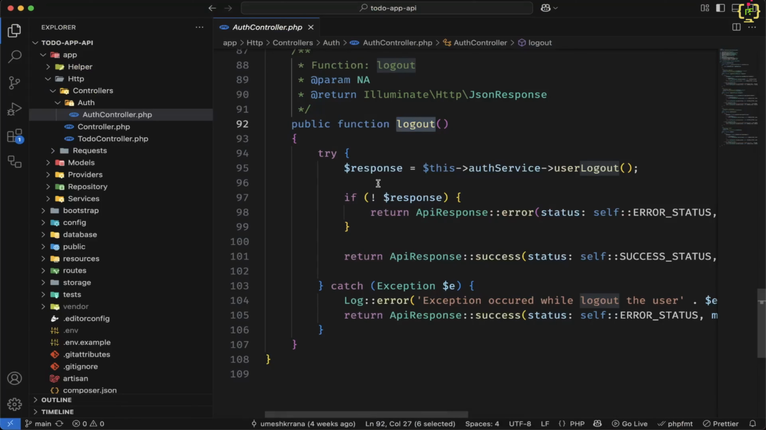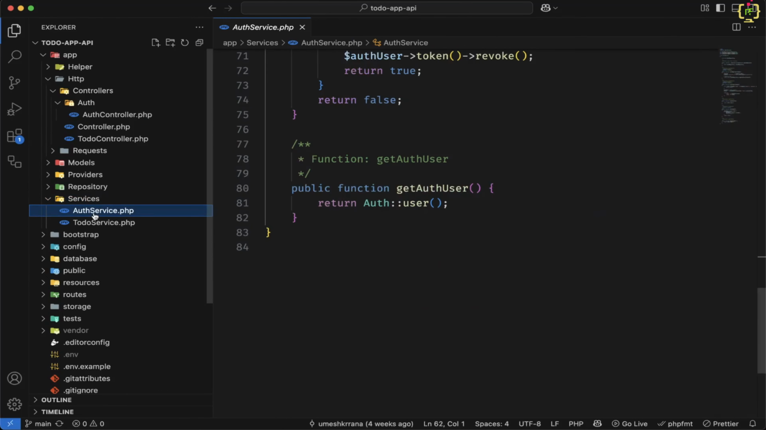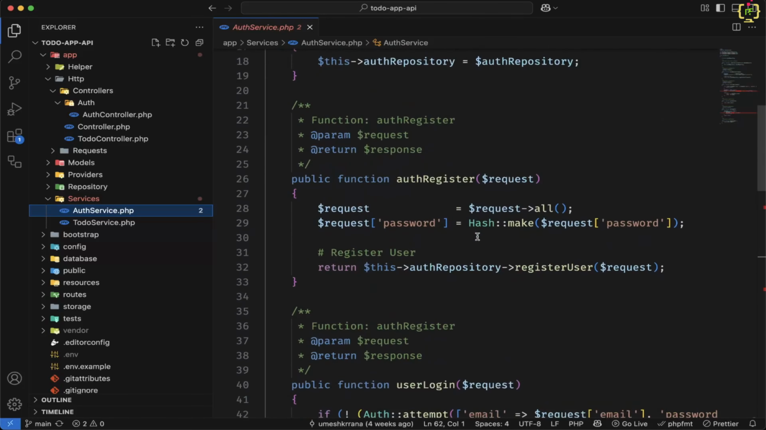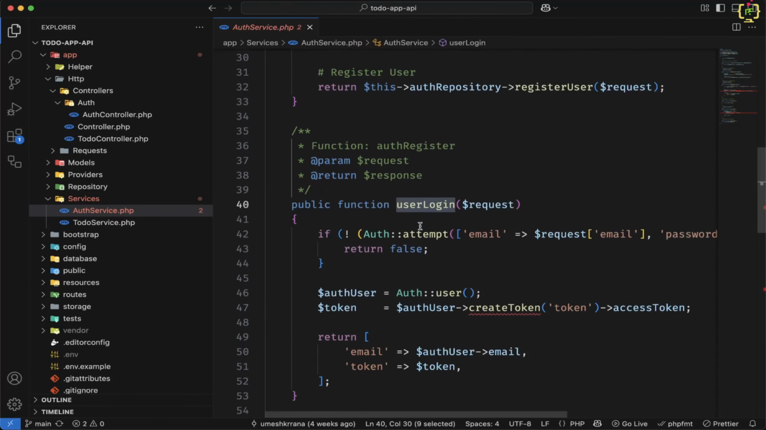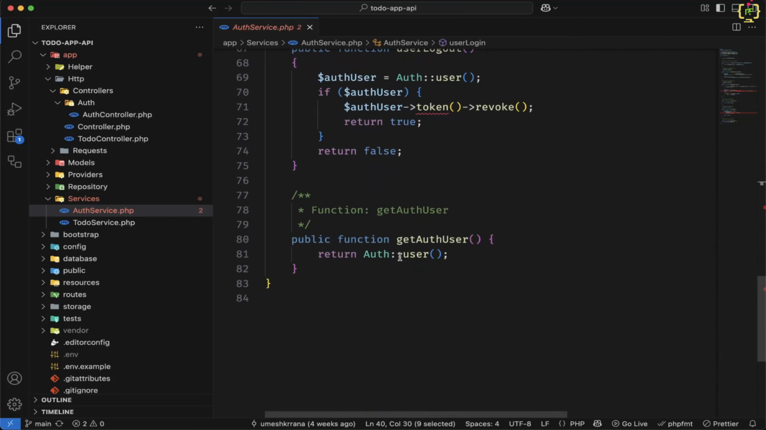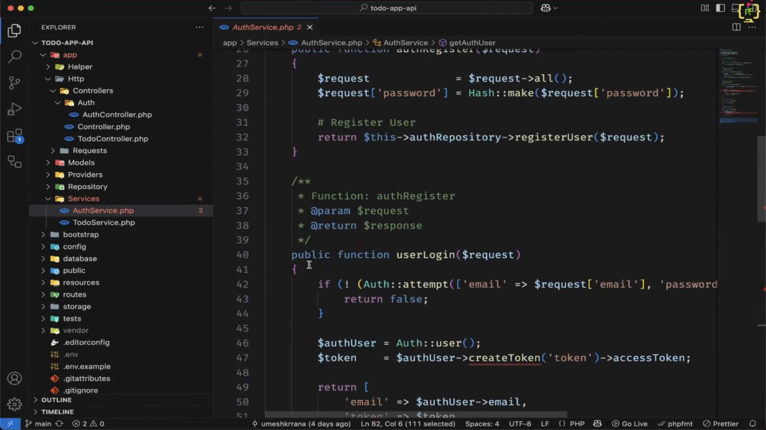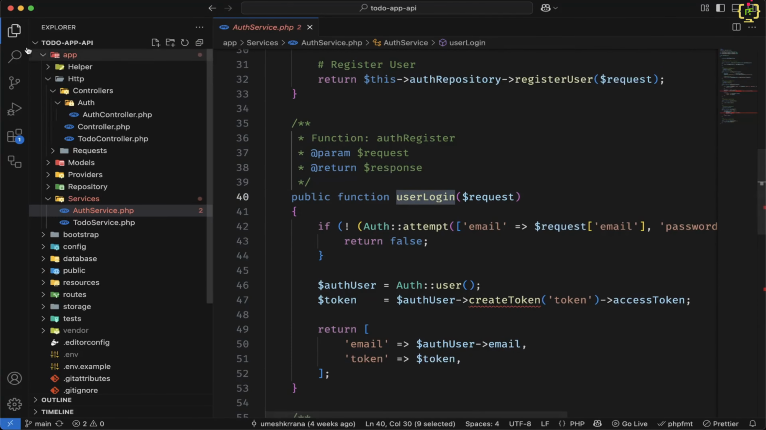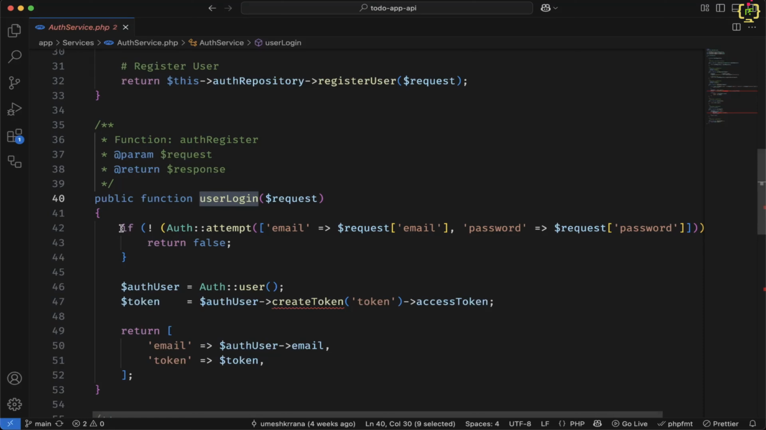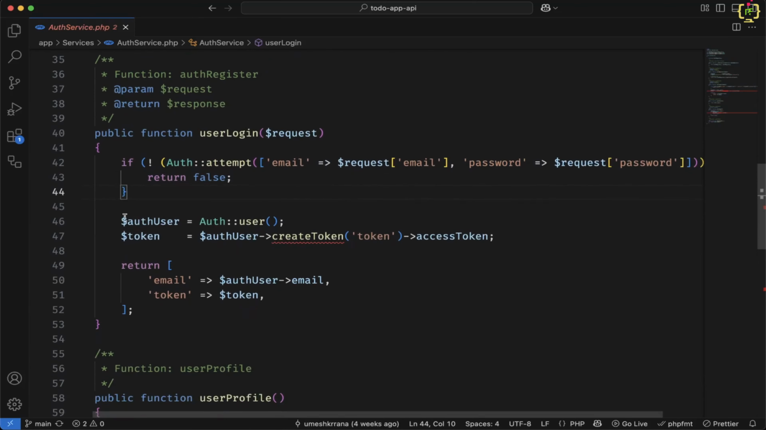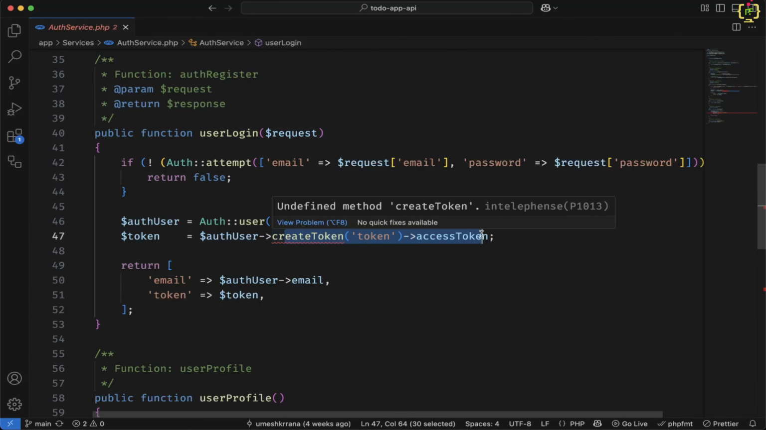So I'll be navigating to the auth service, because we have followed the repository and service design pattern. I'll be navigating to the services. We have the auth service. Inside this we have the auth register, user login, user profile, logout and get auth user functions. So in the user login, let me take this first. Firstly we check if the user is not authenticated, then this will return false, and further we proceed with creating the access token. So here we don't have to generate the access token only, instead we will have to generate the